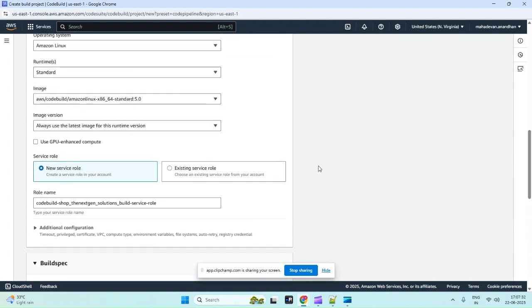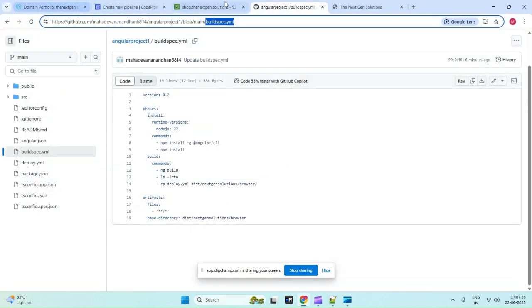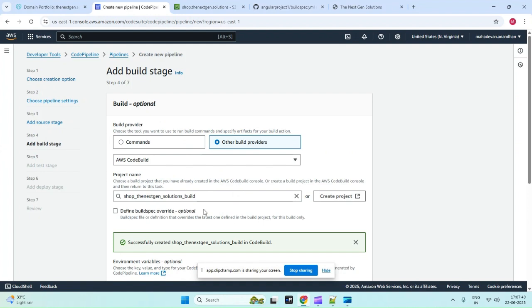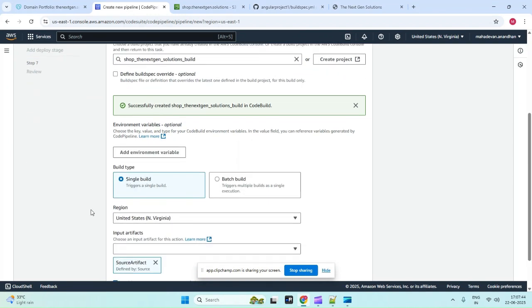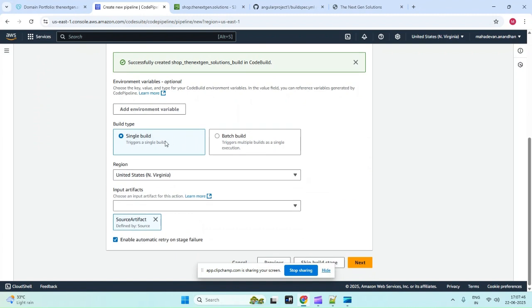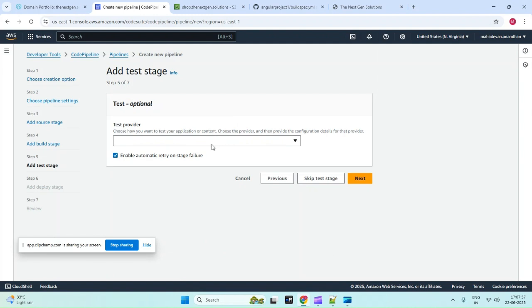Let's wait for a couple of seconds. It will be created. Yeah, it's asked to leave this page and go to this page. You can see the project name we created earlier, and it's a single build, right? The input artifact is already selected, the source artifact, and the next stage is